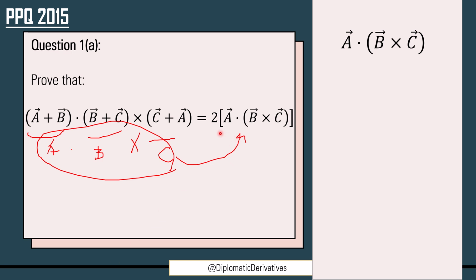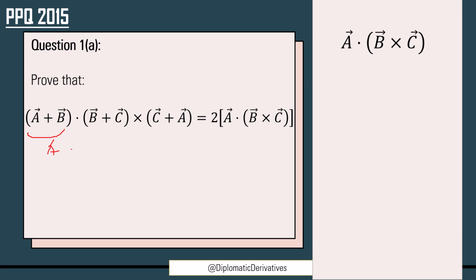Only difference is it has 2 here, and why does this 2 come? Because of this complexity that's happening, that is a plus b. Instead of a you have a plus b, instead of b you are having b plus c, and instead of c you have c plus a. Now you have to prove this identity, that is 2 times the scalar triple product is this thing over here. All right, so what we are going to do is we are going to take the left hand side first,